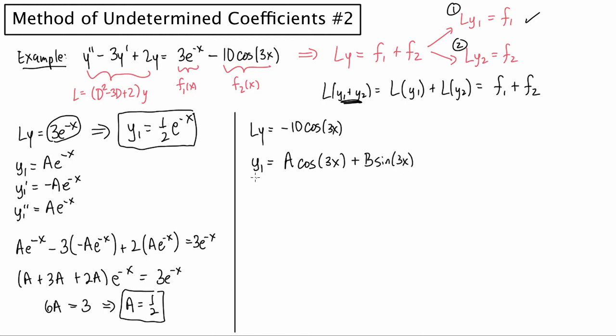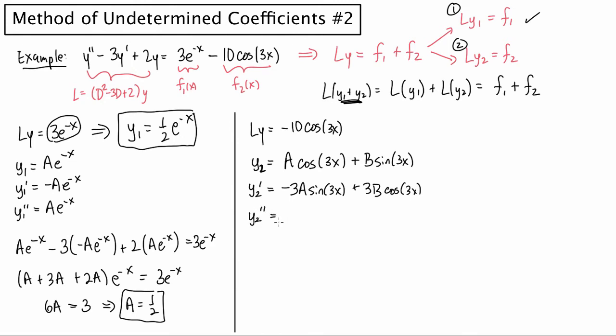Okay, so this is my y2. That says that y2 prime would be minus 3a sine 3x plus 3b cosine 3x. And then y2 double prime